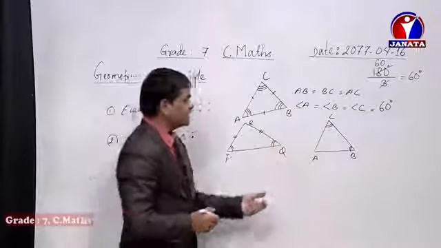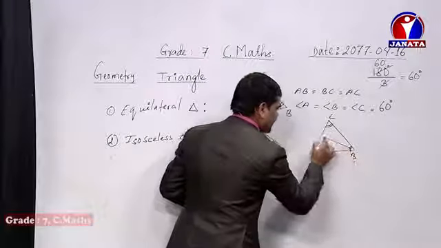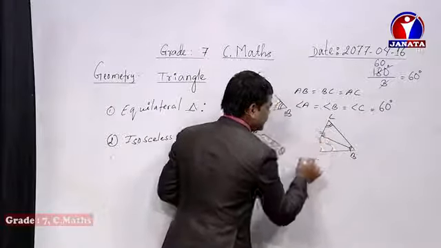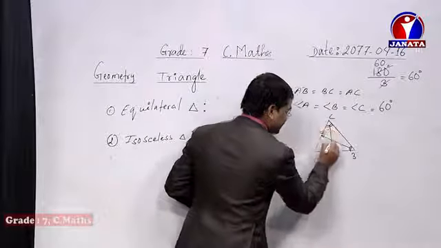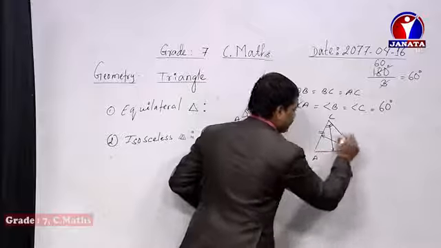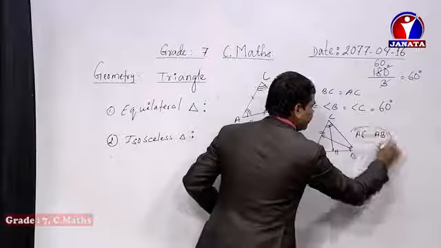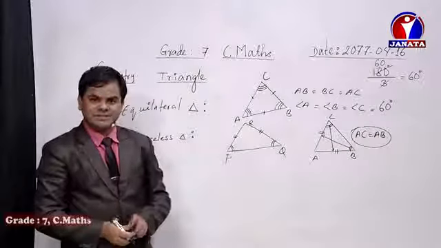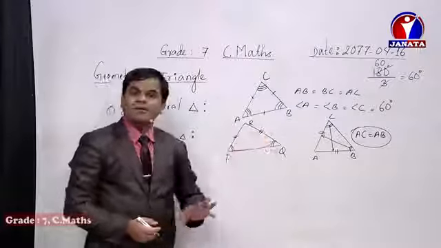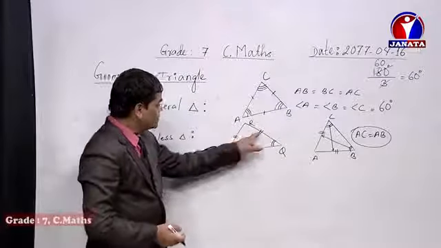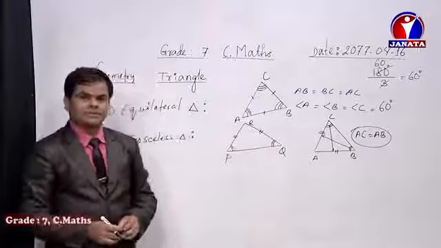You can find out by looking at this figure. According to this figure, this one angle and this one angle are equal to each other. So opposite to this one side, AC, is the side being equal to which one? Opposite to the other equal angle, it means this one, then AB. In this figure, dear student, AC and AB are equal to each other from the angle point of view. In the earlier case we saw it from the side point of view, where two sides are given as equal to each other. Now opposite to the two sides being equal, the angles which are formed are equal to each other.